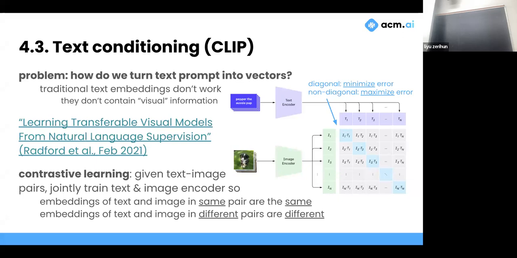So what this is basically saying is, if these text and images are pairs, then the output embedding they have should be the same. However, if a text and an image is not paired, their output should be different. And just by doing so, because we're trying to make sure that if they're in a pair, these embeddings are the same, we have essentially created a text encoder and an image encoder that map to the same space. They map to the same embedding. And because the image encoder necessarily has to encode image information, and the text encoder of the corresponding caption for that image will map to the same embedding, suddenly we have a text encoder that contains image information, that contains visual information. Does that kind of make sense?